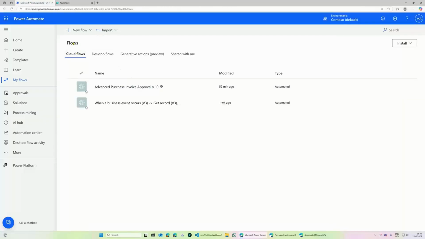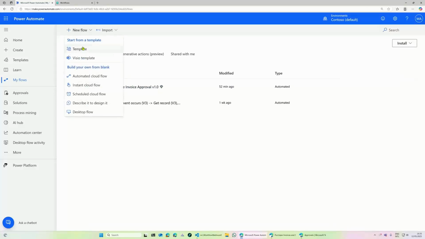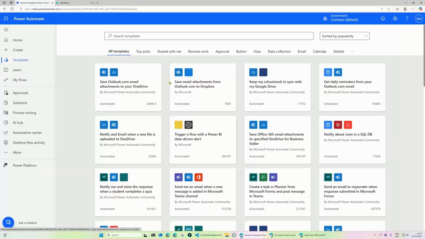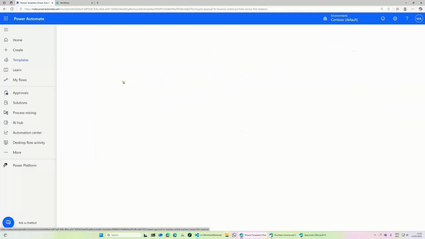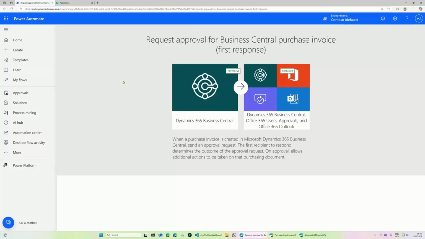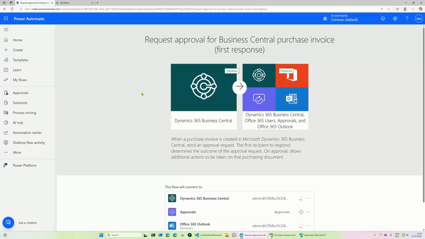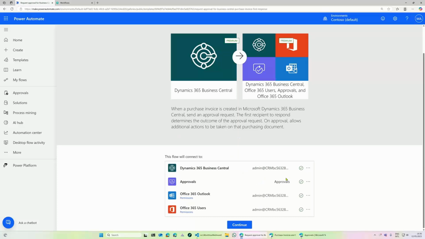So let me quickly create an approval flow based on a template from Microsoft. Business Central purchase invoice is the search, and I go with the first one here. There are different templates, they all behave a little bit differently, but that is not what I want to focus on. I need to connect to Business Central. Well, I did it before, so it already knows the connections.